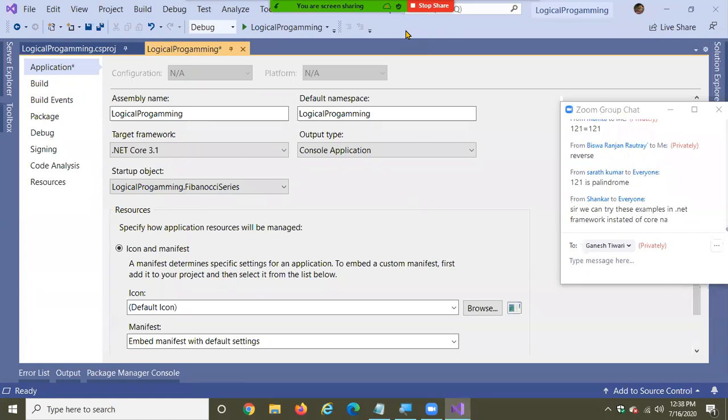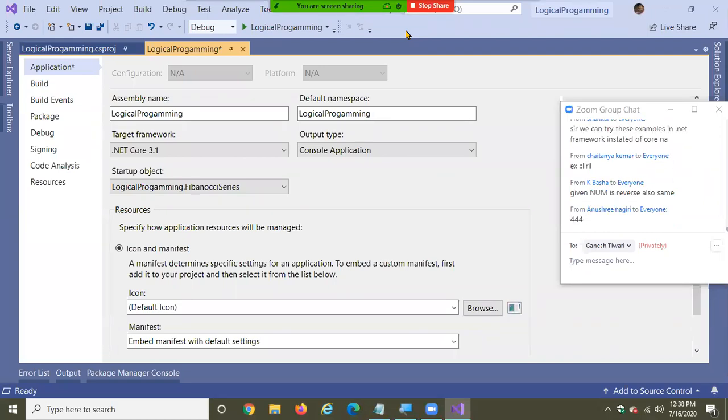Okay, I want to find out. Anywhere you can do it. I am talking about C#. Why are you bothered about the framework and all this nonsense? That's none of your business. Whether it is framework or core, C# is the same for everything.